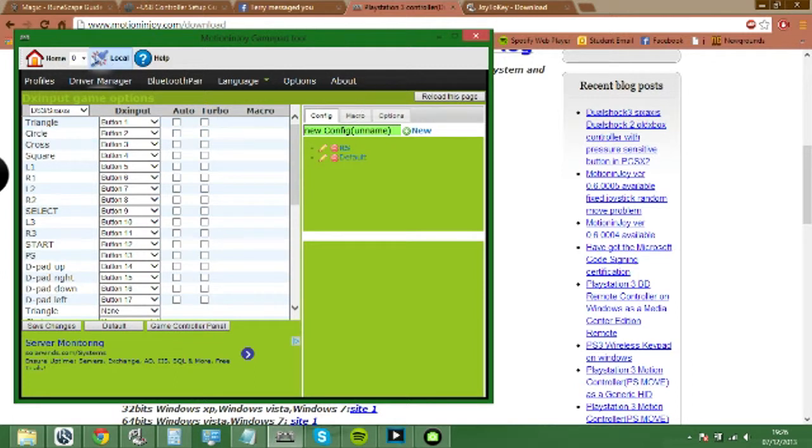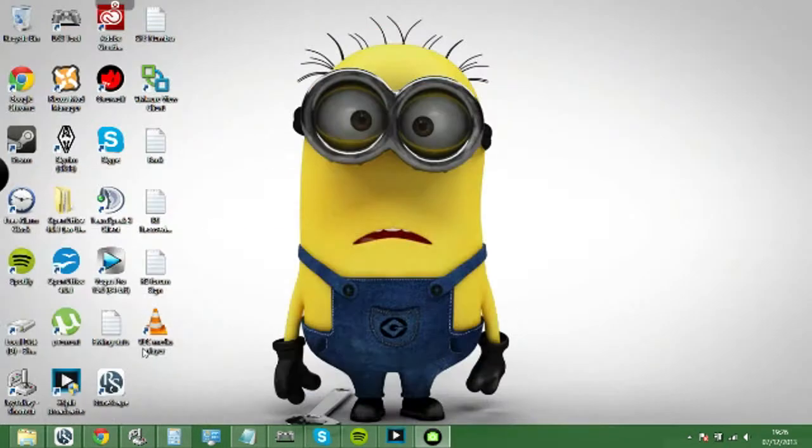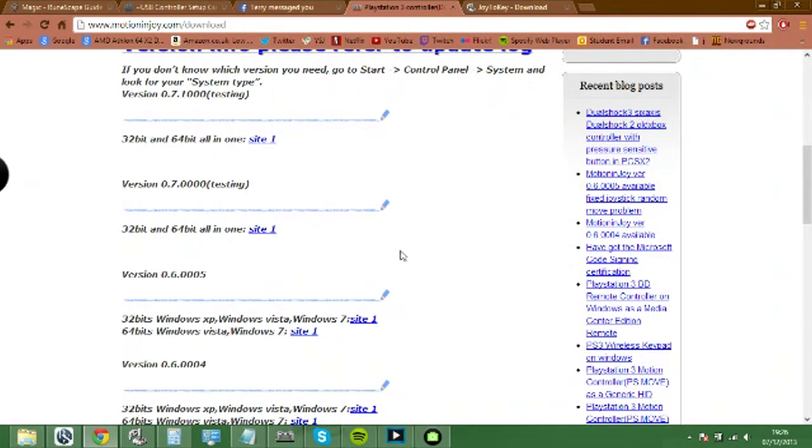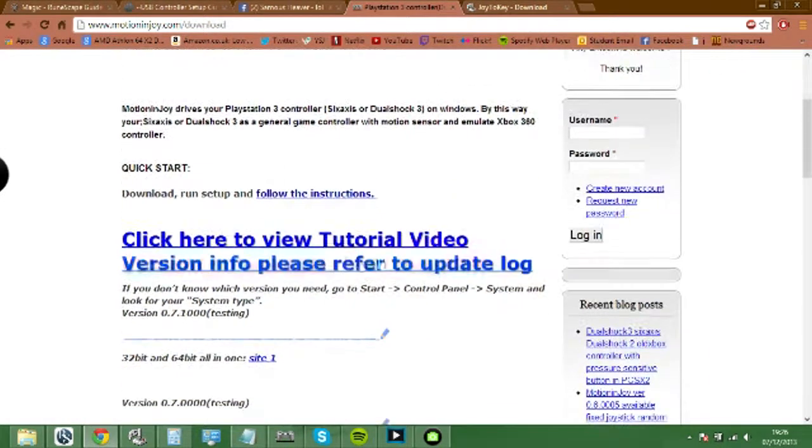And this is what it looks like. So once you've downloaded it, you can install it anywhere. When you do the MotionInJoy, it comes in a zip file. Just unzip it, you should get a